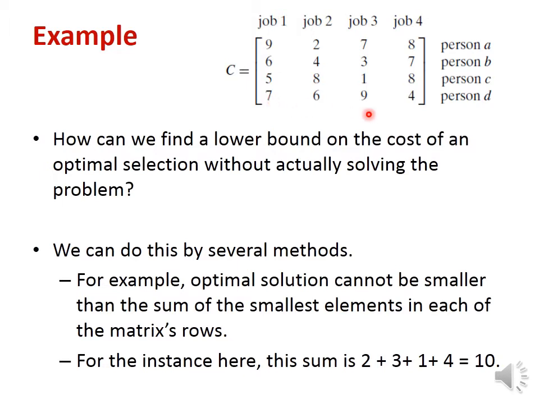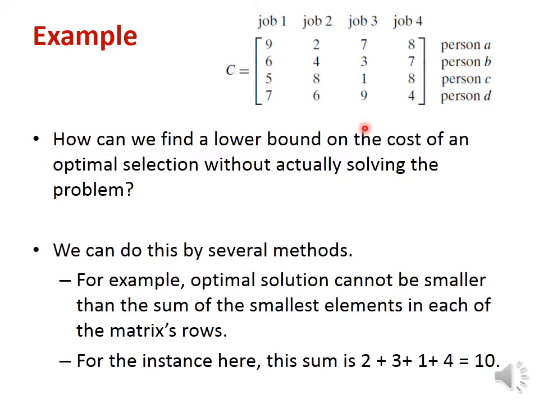So what we are supposed to do is, person A should be assigned one job, any one. Person B should be assigned any one. Person C should be assigned any one. Person D should be assigned any one, and all jobs should be done by all 4 persons. The selection should be in such a way that the cost is as minimum as possible.